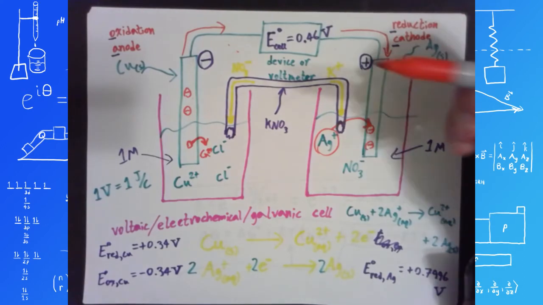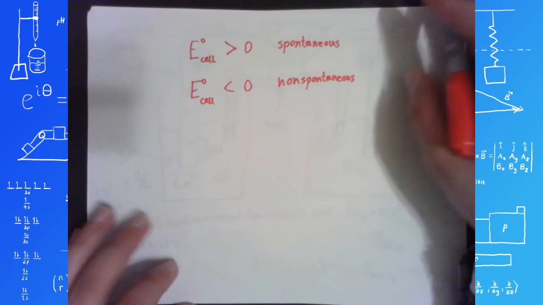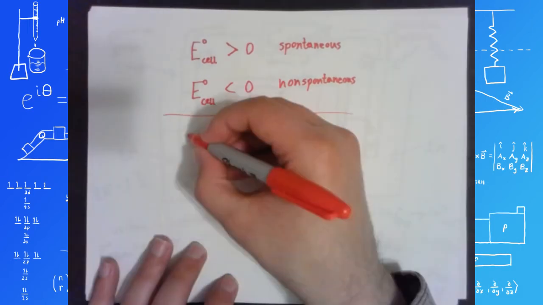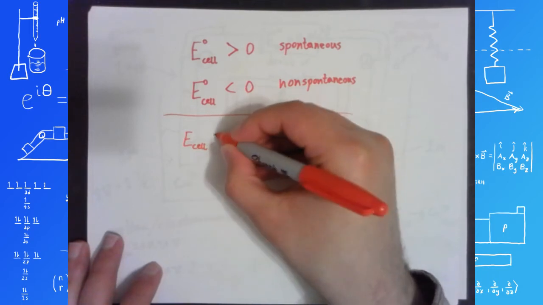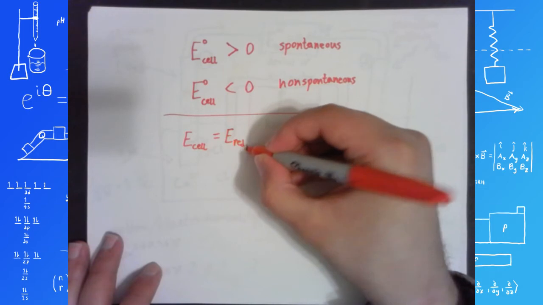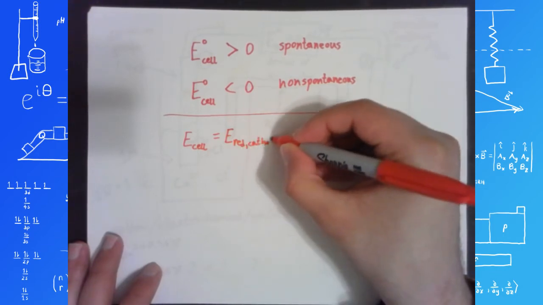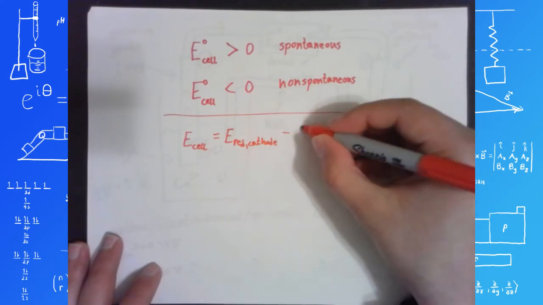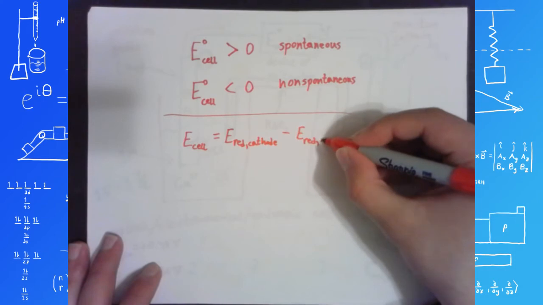Remember, you can calculate E cell either as, I should probably write it down. You can calculate E cell either as the reduction potential of what gets reduced, in other words, the reduction potential at the cathode, minus the reduction potential of the anode,